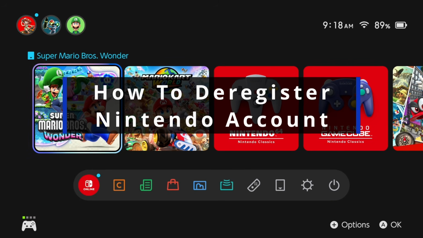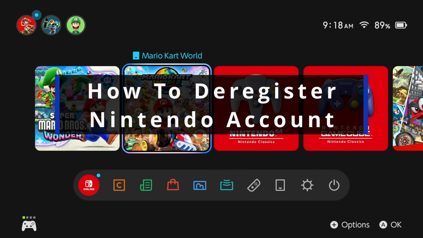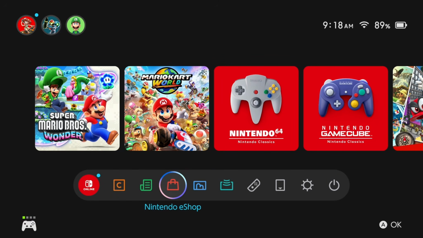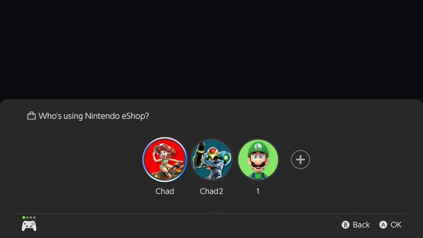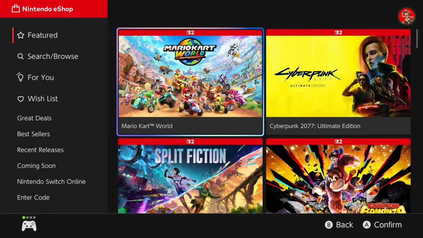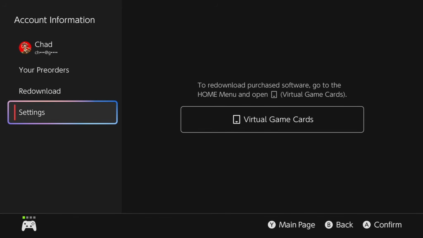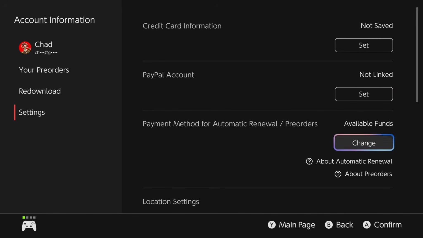In this guide, I'll show you how to deregister your Nintendo account on the Nintendo Switch 2. So the first thing you want to do is open up the Nintendo eShop and then sign into your Nintendo account. Then what you want to do is navigate to the profile icon in the top right corner and select it, and then scroll down to settings on the left sidebar and scroll over, and we're going to scroll down